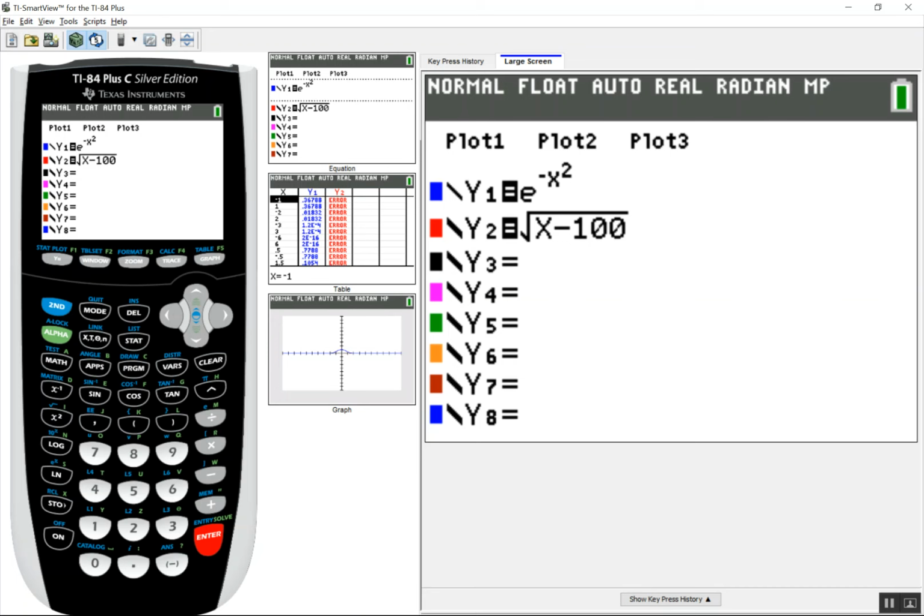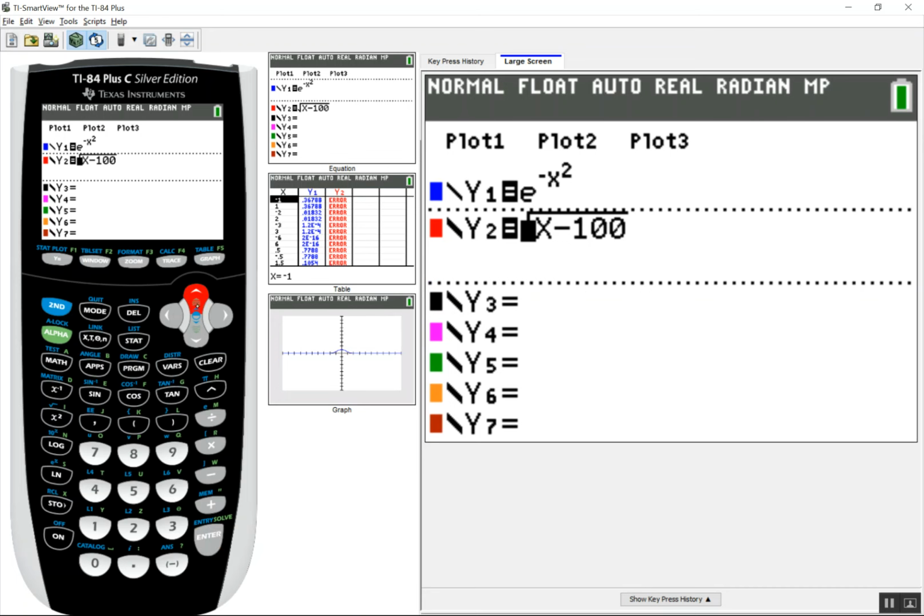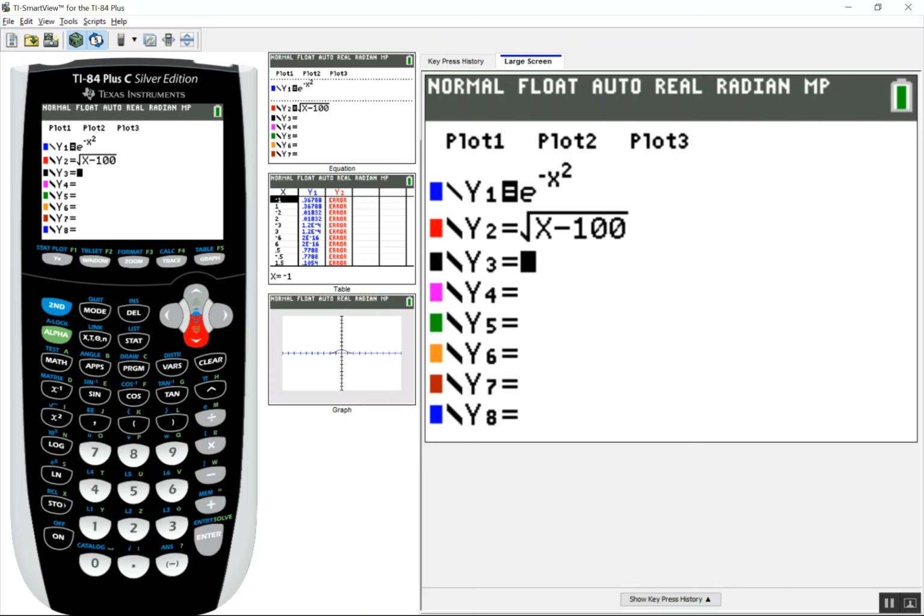So instead, to make only the first function graph, I'm going to go over here and highlight the equal sign. And if you hit enter, notice that the equal sign is no longer highlighted. That means that y2 has been turned off and only y1 will graph, which is exactly what I want to do. So let's see what happens here. So I'm going to hit graph,